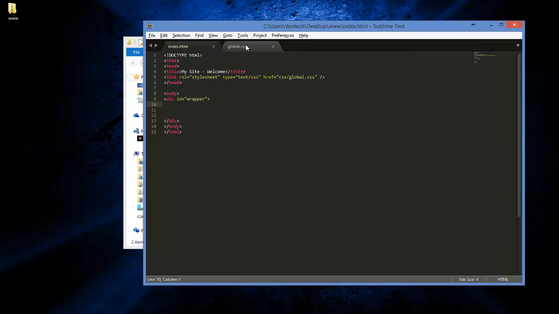So let's go back to our style sheet, and then we'll create an ID. Now ID is always denoted with a hash. So let's type hash wrapper. You'll see that with Sublime Text it automatically changes the color because it's now an identifier. And we'll open a curly brace and a closing one, and then we'll specify that the